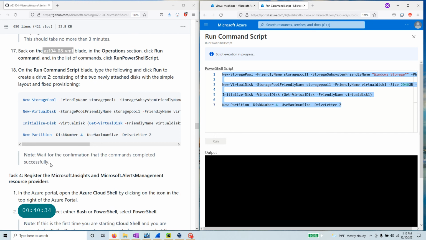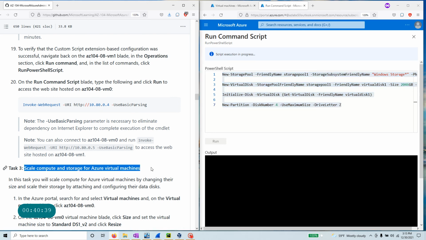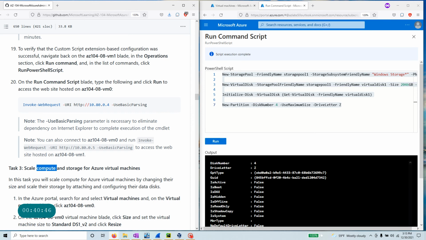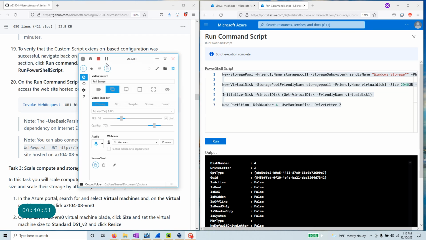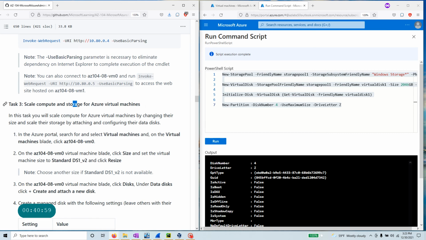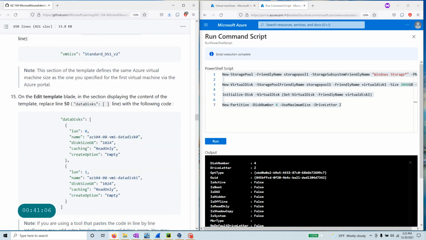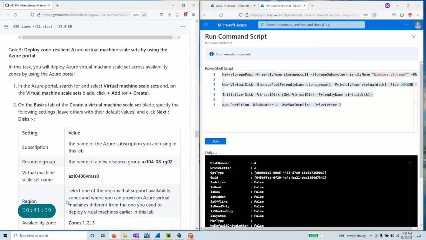So after that we'll be done, and in this section what we have really learned is how to scale compute and storage. So we have changed our compute. First we changed the size of our CPU, and then the size of the disks that are attached. So we have done both in this particular section. All right, so this command is also successful. So we have learned how to scale compute and storage manually and also using an ARM template. So let's come back to the next section